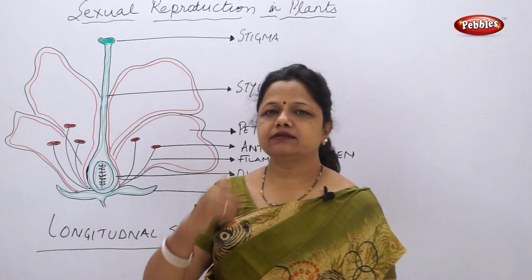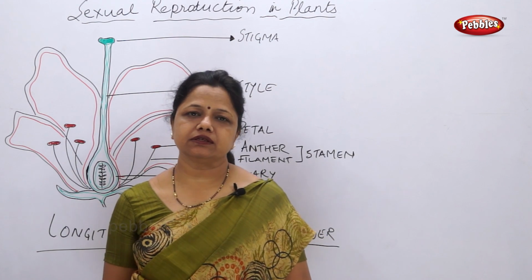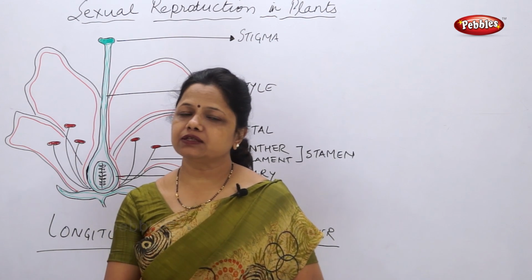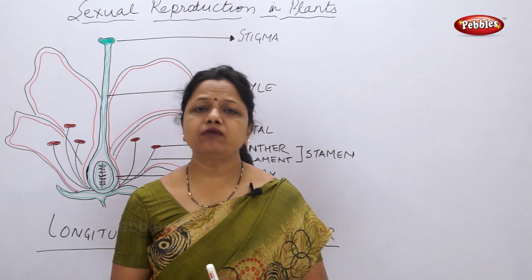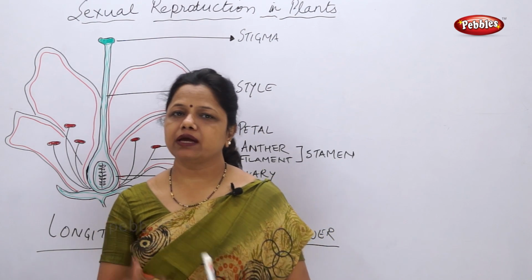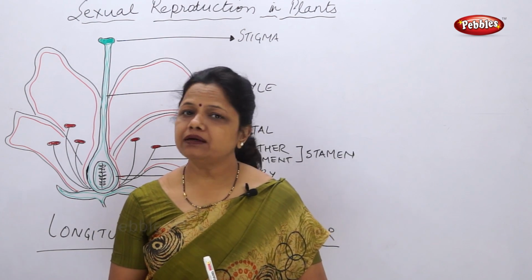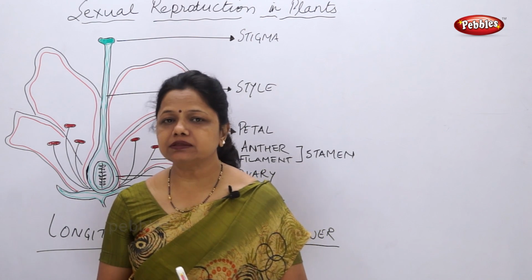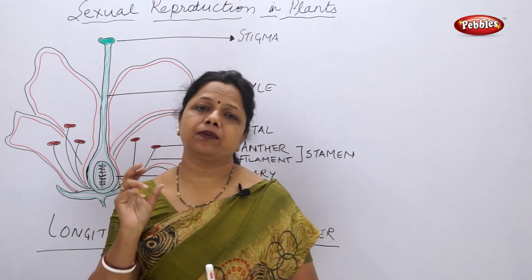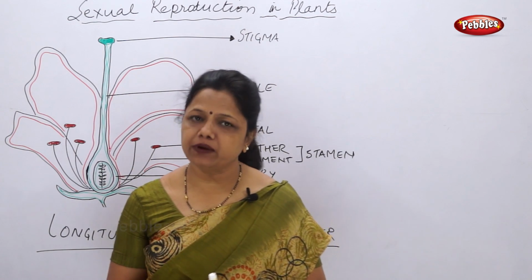So we saw the asexual and sexual reproduction differences. But what is sexual reproduction? How does it take place in a plant? We have to understand that, starting from an organism like a plant, the green plants, where is the reproductive part present? Which parts of the plant are responsible for reproduction?